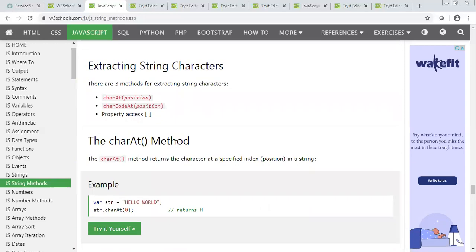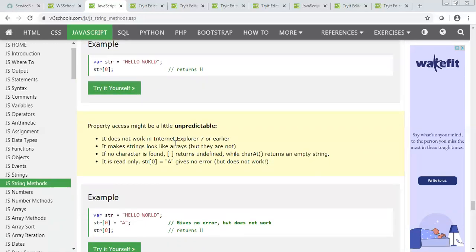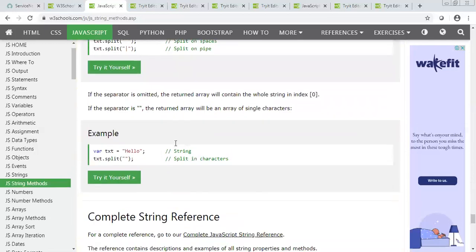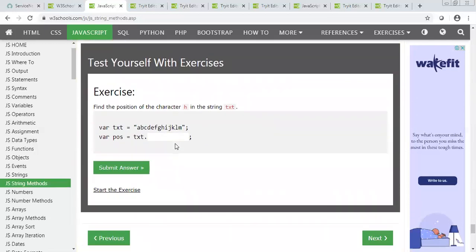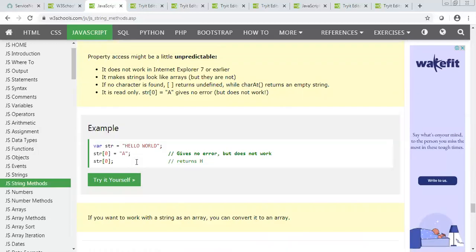So basically, you can go through these. Whatever is really important, because I just want to start with the basic things first.